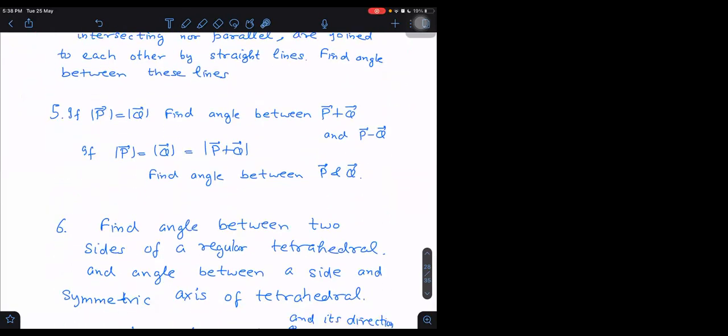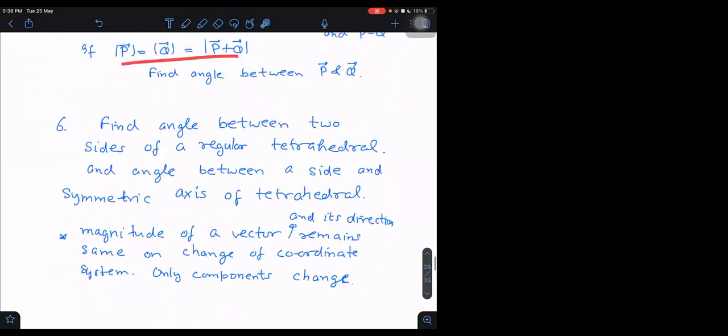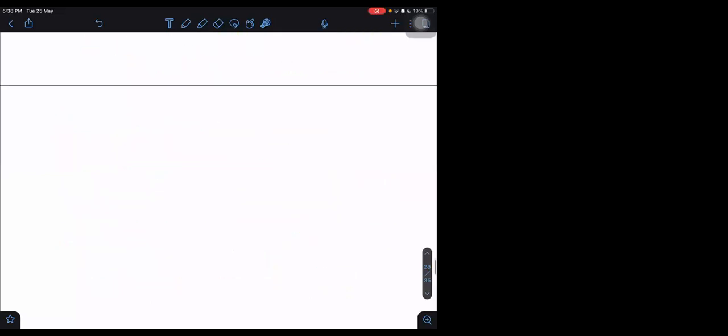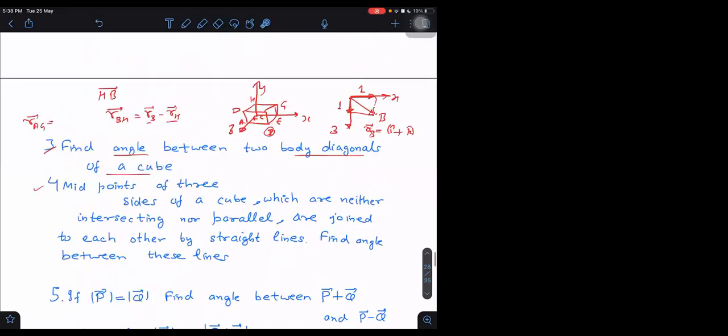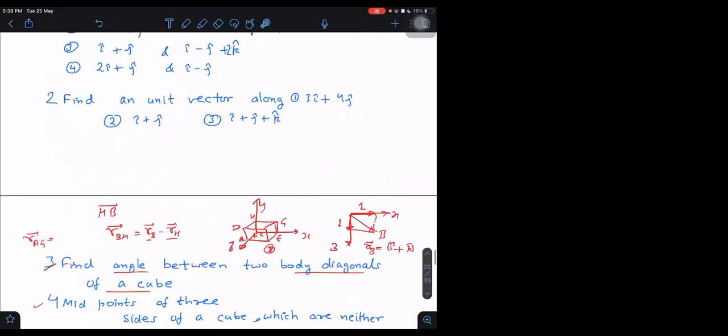Question number 5. If P is equal to Q, find the angle between P plus Q and P minus Q. Comparatively simpler than the third and fourth. Try this one also: find the angle between two sides of a regular tetrahedron, and the angle between a side and the symmetric axis of the tetrahedron. This sixth one also you try to do. If you are not able to do questions 5 and 6, then maybe no need to worry that much,